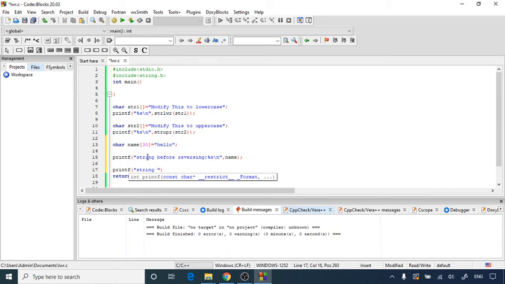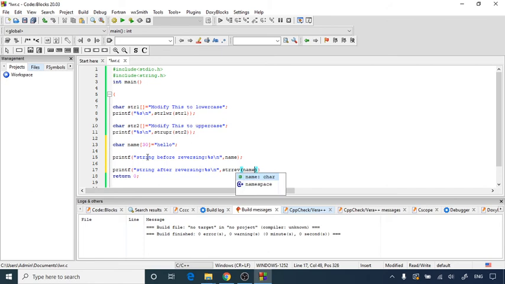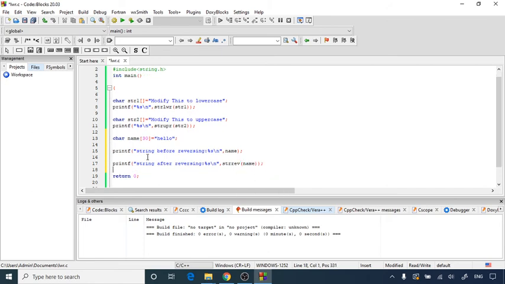So I am going to write string after reversing, here also %s, but here I am going to use the function strrev, and inside that I am going to give the string which I want to reverse, that is my name string. So this is my result statement.